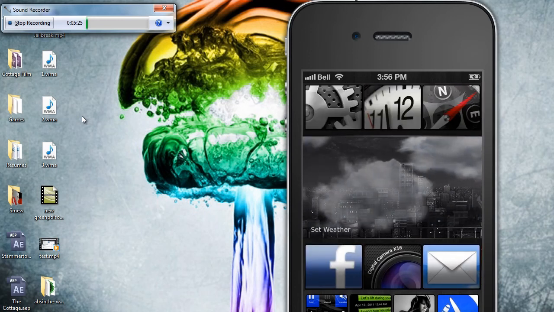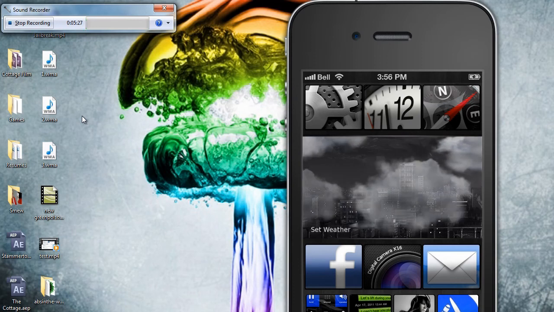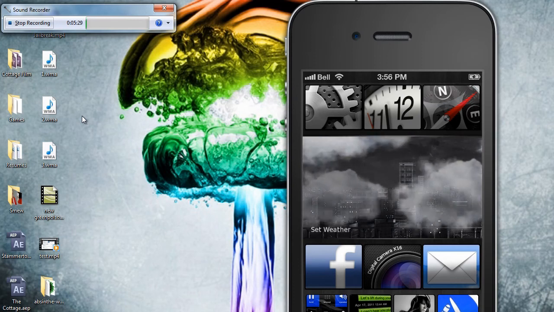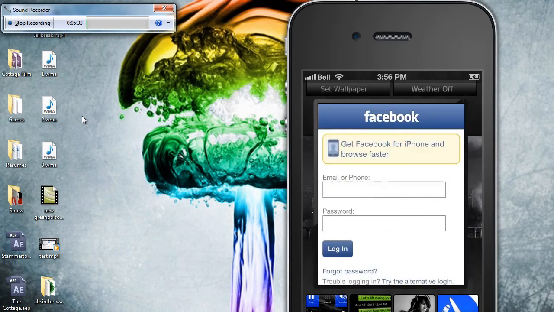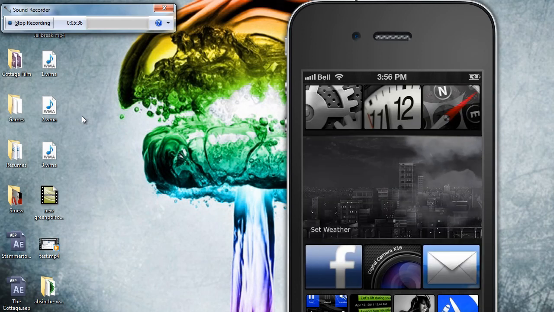Yeah, it takes a lot more battery life than normal Winterboard themes, and it needs to be a lot more customized, like for weather, for example. But it's actually pretty cool. So yeah,